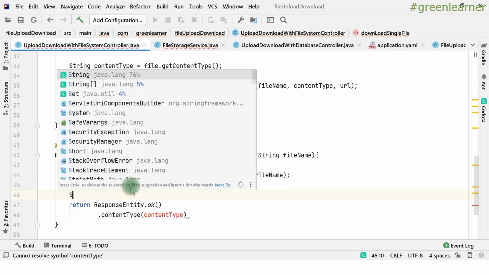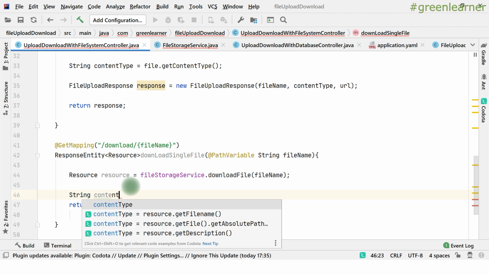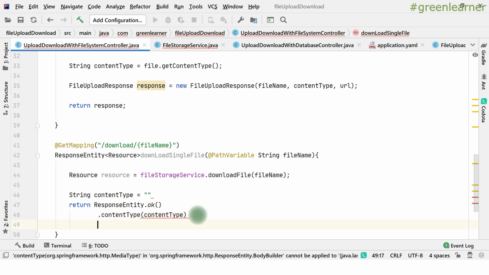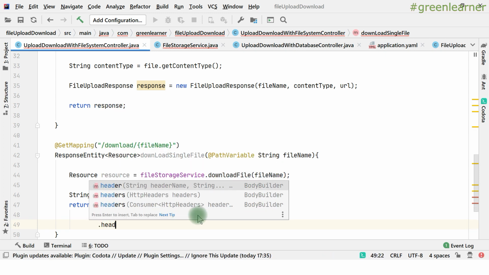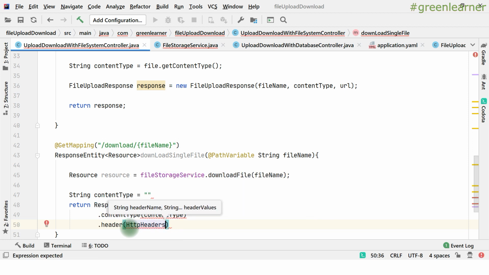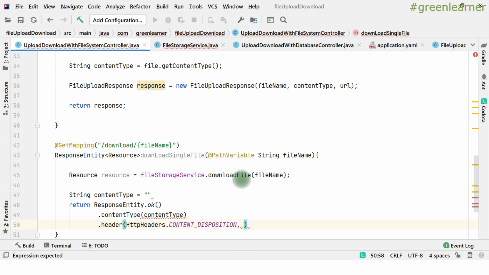This is the string that I want to create. Leave it empty for now, right? And then I want to pass the headers information. We have HttpHeaders here. So under this we have content disposition here.